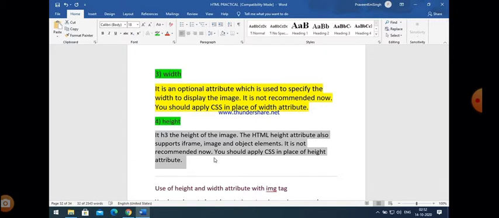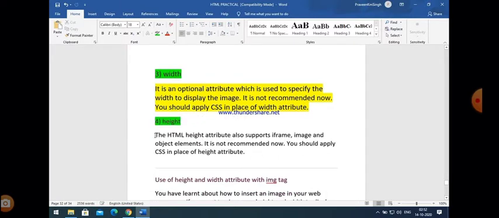Next is height, and now these days height is not used. Most of the height and width properties are used with CSS. So it is not recommended now, but you can still use height and width using HTML. But these are also applied using CSS properties.